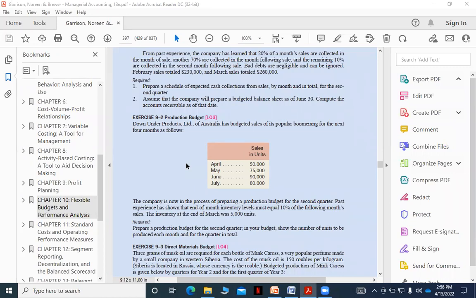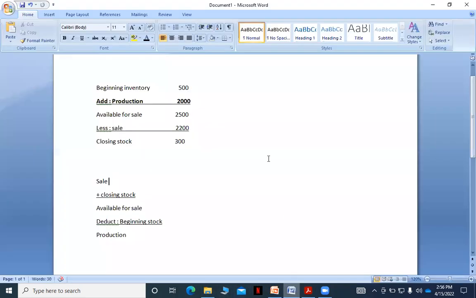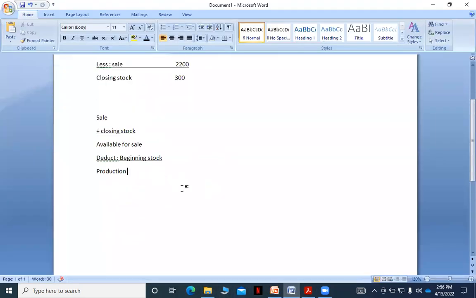Okay. এক এক কোশ্চেনে এক এক রকম থাকবে, যেমন the previous math we said it is 20%, so this math they said it is 10%, so it depends. Prepare a production budget for the second quarter. Annual budget show the number of unit to be produced each month and for the quarter in total. So same similar type of math we'll do it. আমরা এই ম্যাথটা করব, দেখেন আমরা স্টার্ট করি। Okay, so production budget exercise,